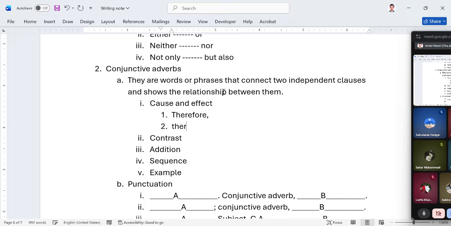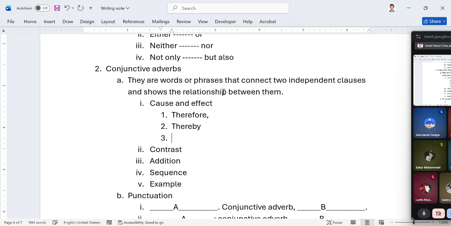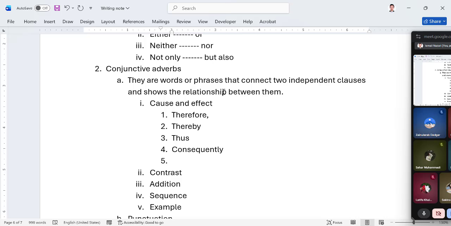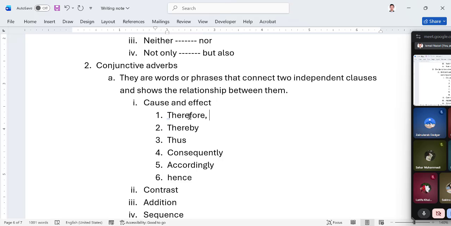We may have thereby, thus itself, consequently, accordingly, which is also used, and hence. These are the conjunctive adverbs that can express effects or the result of a cause,